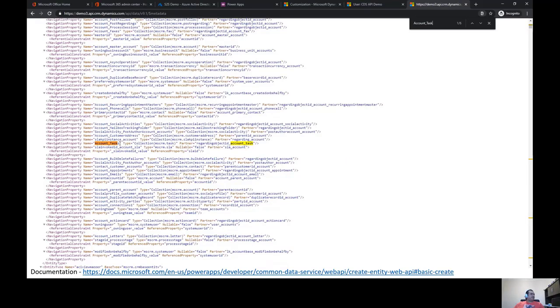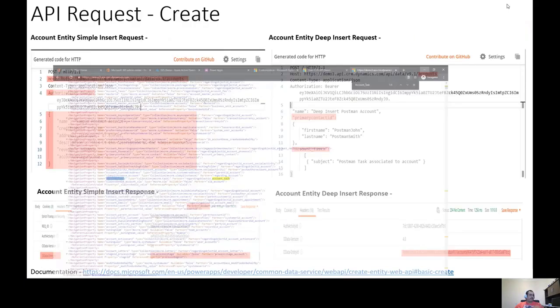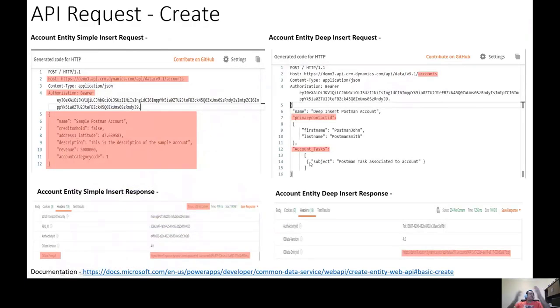So this means there is a relationship of the account entity with your task, and you can use that to tell the API that, hey, I want to create a task along with this account with this information. You can send that whole payload as a single payload to perform this complex operation. Right, so with that, I'll open Postman